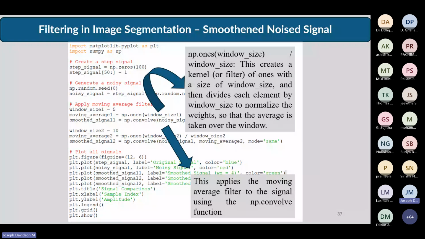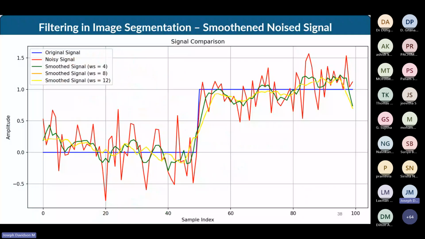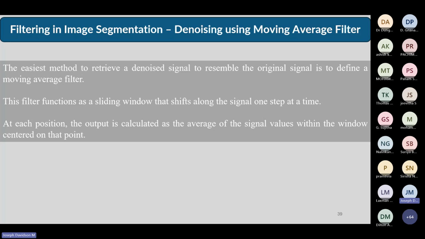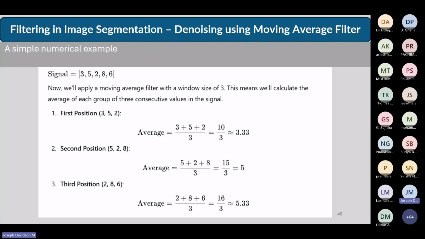I'm going to use two different types of moving average filters based on window size. The size of the mask that I'm using is 5 by 5 and 10 by 10, just to understand how it behaves. Okay, and this is the signal that I have received after using the moving average method. So basically, what this moving average does, as I told you, is it takes a signal and keeps on averaging it moving forward.